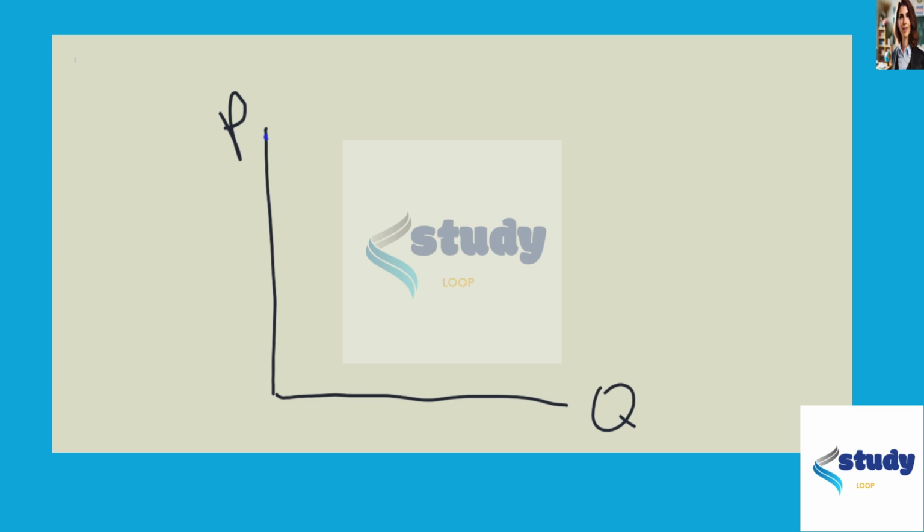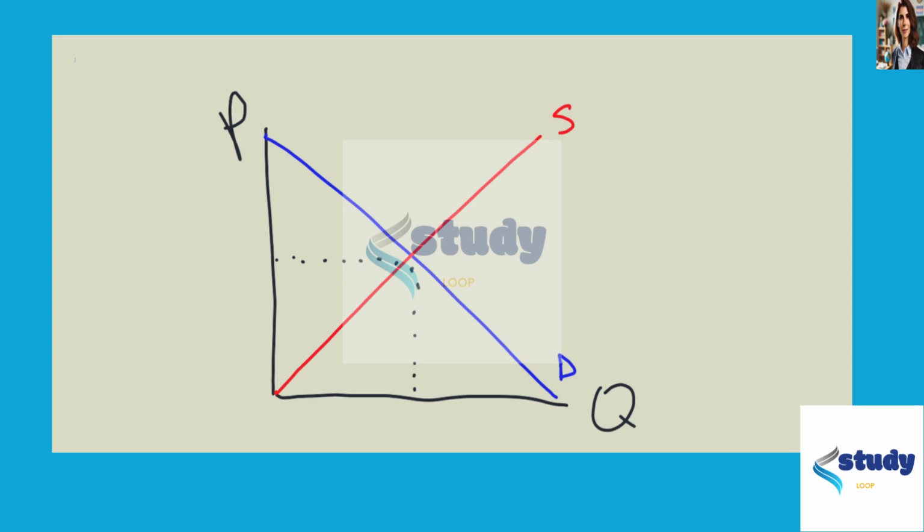Let's draw our demand curve, and let's draw a supply curve. Okay. So we start off with a price about here and a quantity about here. All right, now let's impose a tax. We have a new quantity and new prices. Okay, that vertical green line is just the amount of the tax. All right, so we see that the quantity has decreased and the price has increased by the amount of the